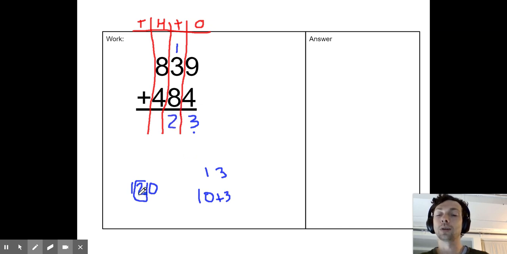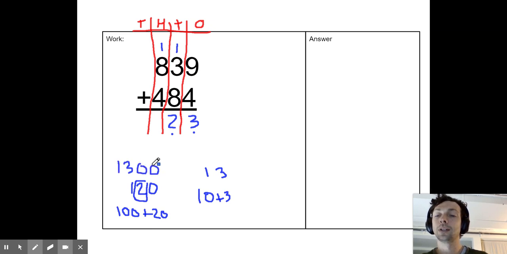All right, so I'm going to put that 1 over into the hundreds, right? Because this is basically saying I have 100 and I have 20. So we put the 20 here, put the 100 here. Let's do it again. 8 plus 4 is 12, plus 1 more is 13. All right, so right now we have 13 hundreds,